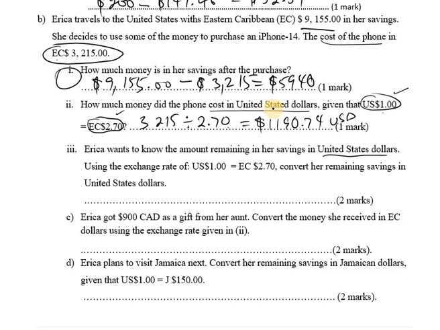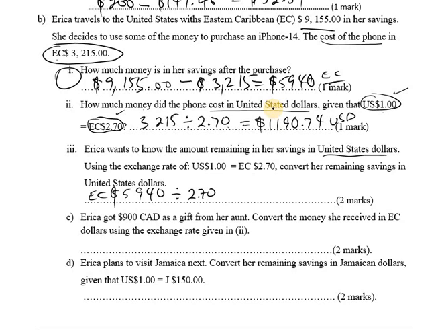So, assuming that she didn't buy anything else, because we weren't told that, the amount in our savings is obviously in EC. Right, so it's EC $5,940. That's the amount she has in her account. And so we're going to now divide that by 270, because we're going to convert it to US, right? Divided by 270